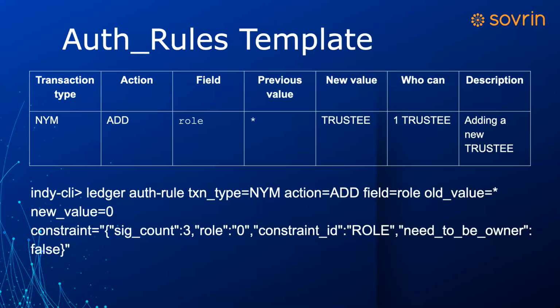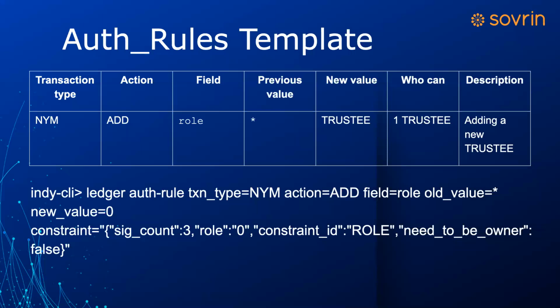Yeah, so I guess what he's saying is that it really is almost just like a where clause, where previous value equals whatever, in changing or editing the auth rule. Previous value doesn't really have any use or purpose when you're actually performing the action to add a trustee in this example. That's true. So when you update an auth rule, are the previous auth rules used to restrict your auth rule update? I think that only boils down to the one auth rule that affects adding an auth rule, and that is the add auth rule.